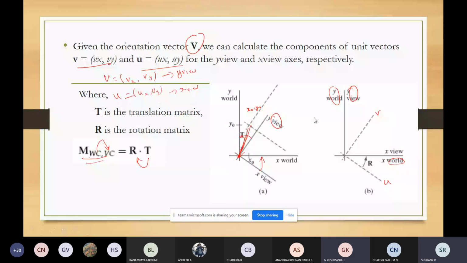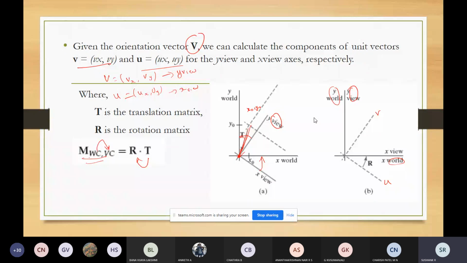So this is how it is being done in the viewing coordinate clipping window. Translate from the origin of the viewing frame to the world frame, then rotate such that the axis will coincide with the x-axis or y-axis.